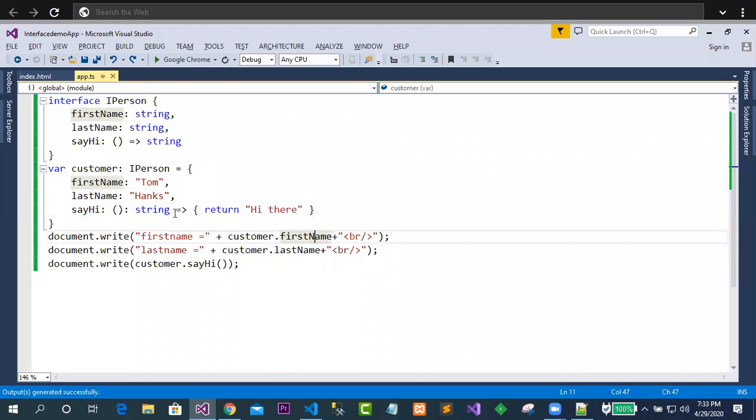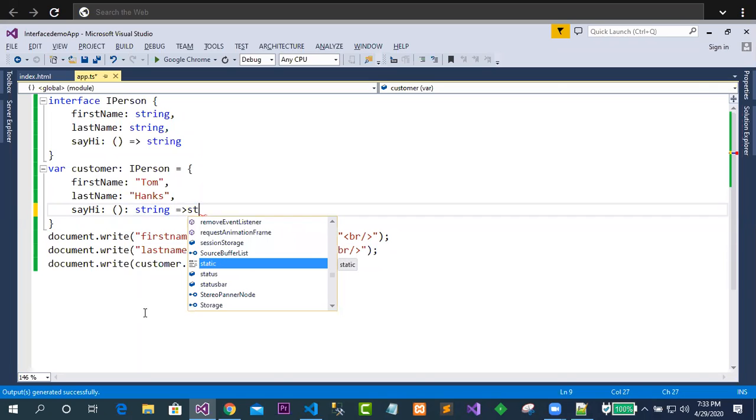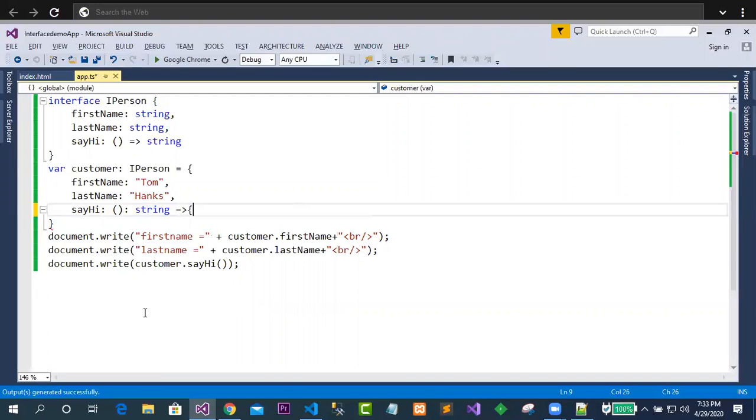Ready? So let's say I'm not giving this body part. What exactly is it showing you guys? Here it is showing you something, so let's see what the error is, just read it. Just see, it is expecting something. So this is string. After this thick arrow, what exactly are we giving? We are giving the statement part. Okay, so this is a statement part. It looks something like this.